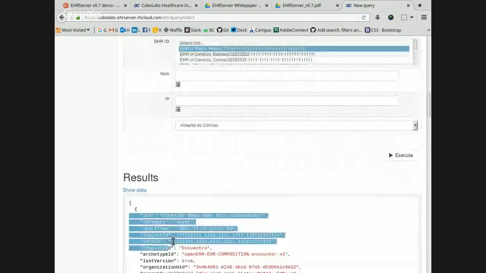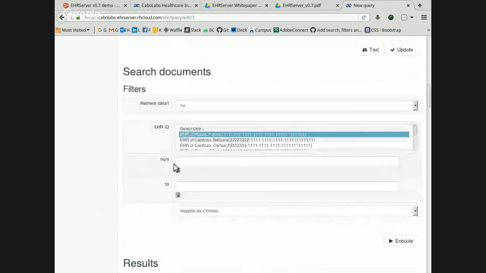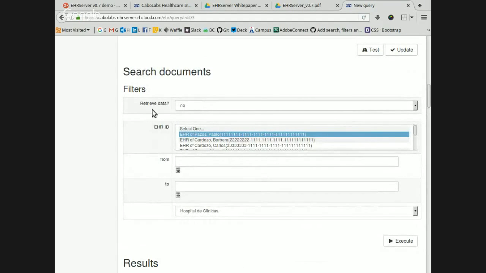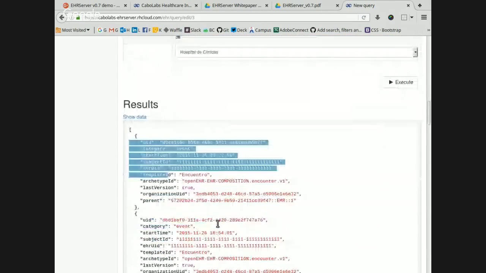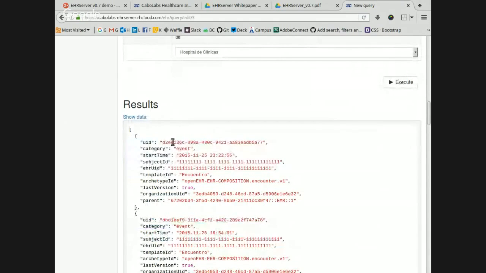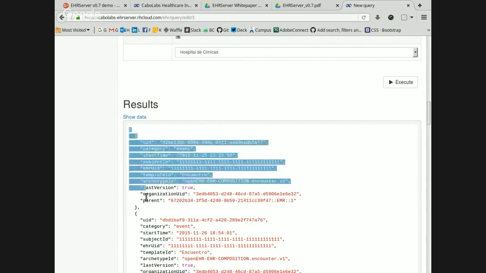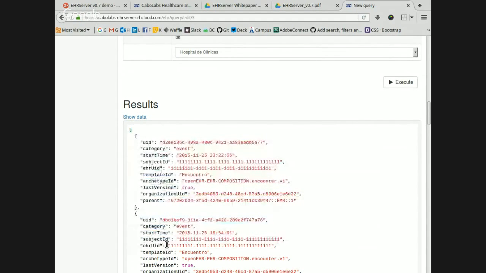But I get these indexes, these references to documents, because I set the retrieve data on no. In general, you will use this with a retrieve data on no, because you don't want to get all the information, because you won't display all the information. Just will let maybe your doctors know that there exists a clinical document that has a high blood pressure record. And you can also count how many records you have with high blood pressure. And if you have maybe 10 different records in the last year with high blood pressure for one of your patients, you can use that information to